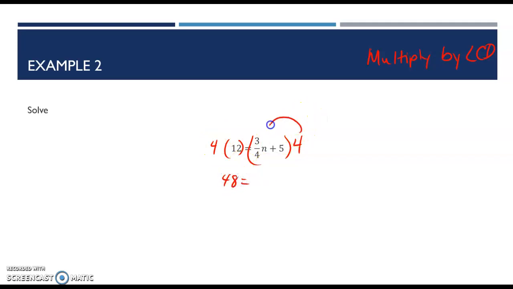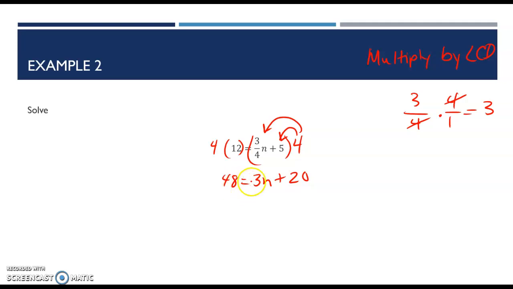The right, I need to distribute. So I'm going to take 4 times 3/4. The 4s will divide out, right? Because I have 3/4 times 4/1. So the 4s will divide out, and I'm left with 3. So we have 3n plus, and then I'm going to take 4 times 5, which is 20. And now, instead of a fraction, I have